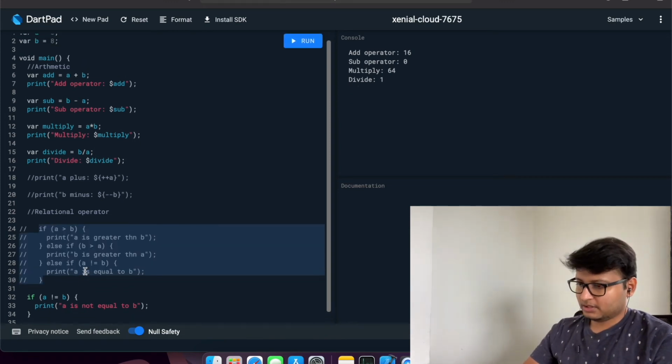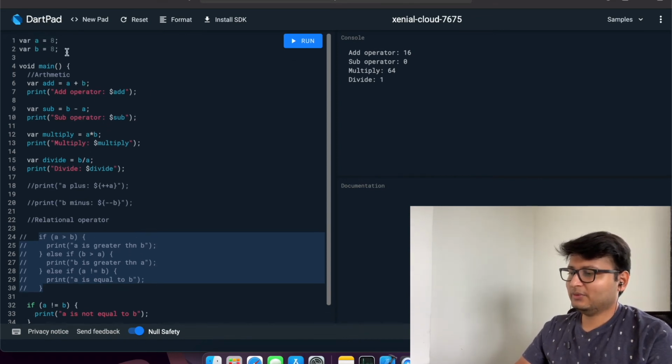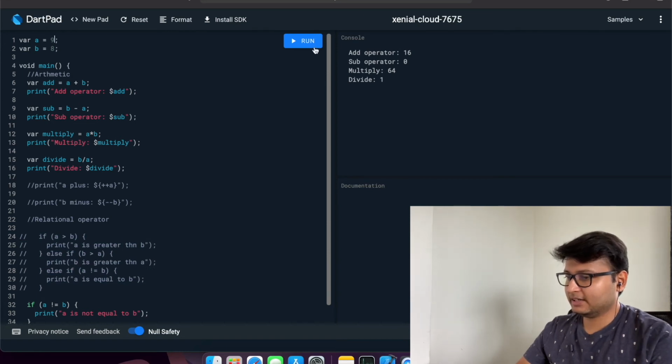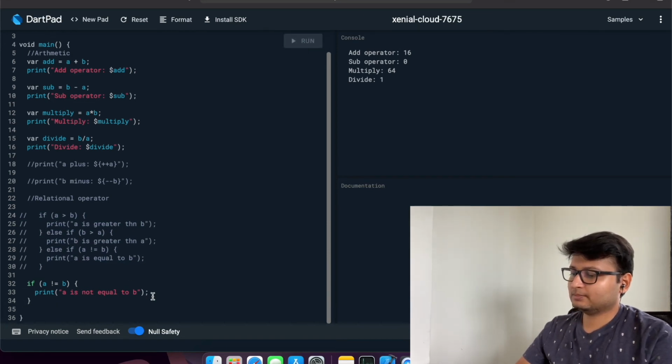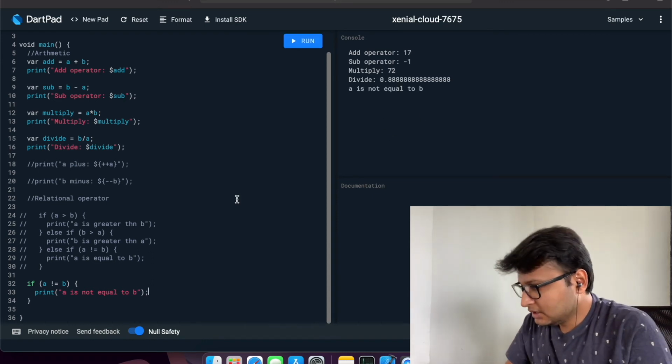Okay, you know what is happening here, why it is not getting printed, because we have given the same value to a and b, that's why. So just make it 9 and now it will print a is not equal to b. Okay, so